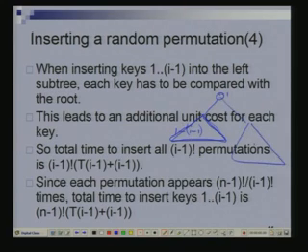How much time am I spending in creating this part? Well, whatever was the average for this plus one more for each one of these nodes, right, because first I compare here and then I come down here, because the level of each of these nodes is actually one more in this tree than it is in this tree. If there is a node here whose level is 2 in this tree, then it has level 3 in the original tree.